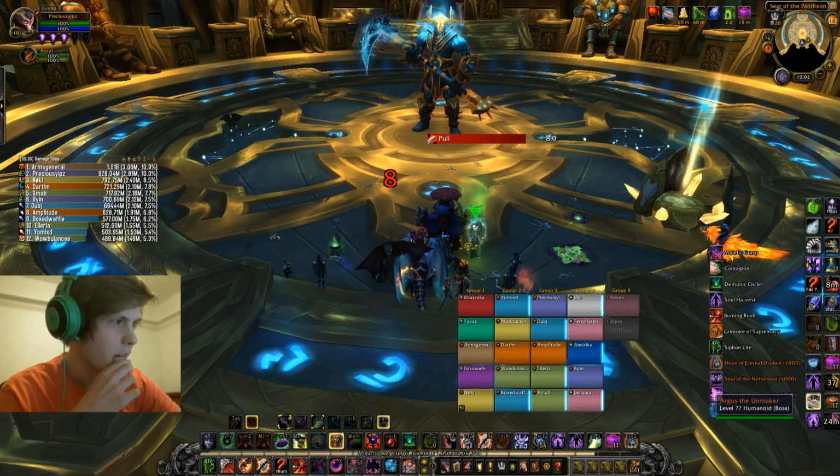Phase 2. So the talents I'm going to be using for this boss fight are MG, Contagion, Soul Harvest, and Siphon Life. The legendaries are Hood of the Eternal Disdain and Soul of the Netherlord. Hood, obviously the best legendary for Warlocks, and the reason I'm using Soul of the Netherlord is because in Phase 3, that's the most important phase of the boss fight, you have increased DPS as well as Bloodlust, and that's